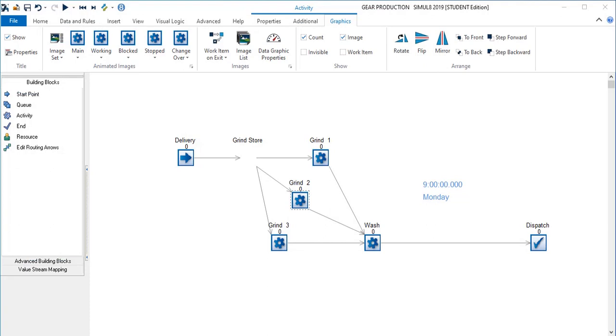Hi there, this is a quick video to show how to do efficiencies, breakdowns and interruptions in SIMUL8. On my screen there you will see a simple model for the gear model, and we're going to start with a simple efficiency